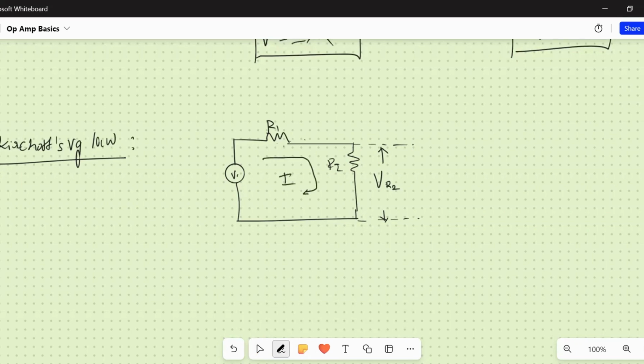Again, the Kirchhoff voltage law says, as I told you in Ohm's law, that the current going through a resistance creates a voltage drop. The voltage drop across R1 is VR1, and the voltage drop across R2 is VR2. The Kirchhoff voltage law says that the sum of the voltage drops in a series circuit, VR1 plus VR2 and so on if you have multiple, is